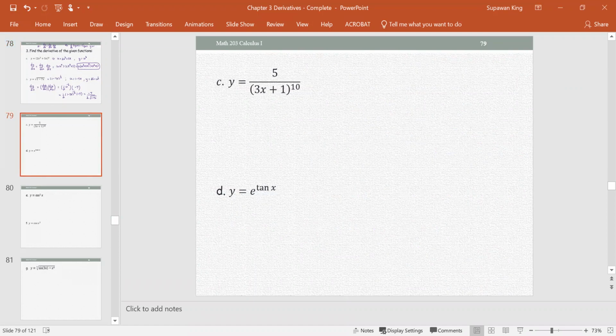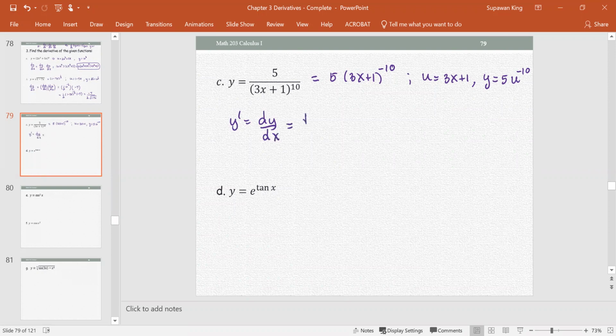Part C, we have y equals 5 divided by the quantity 3x plus 1 to the power 10. We're going to rewrite it with the negative power as 5 multiplied by 3x plus 1 to the power negative 10, and let u be 3x plus 1. Now the function y is in the form of 5 times u to the negative 10th power. Y prime, or dy by dx,